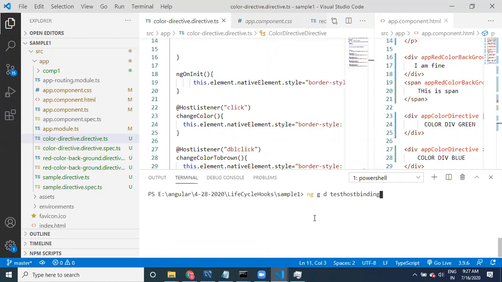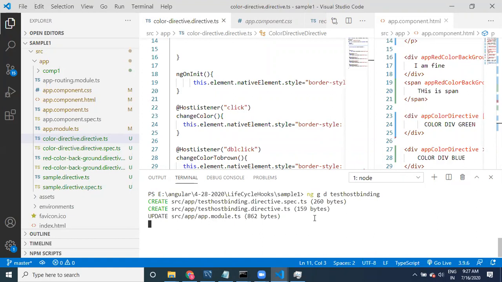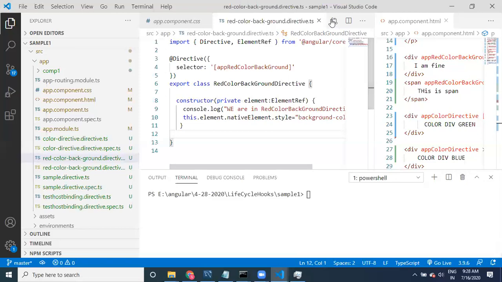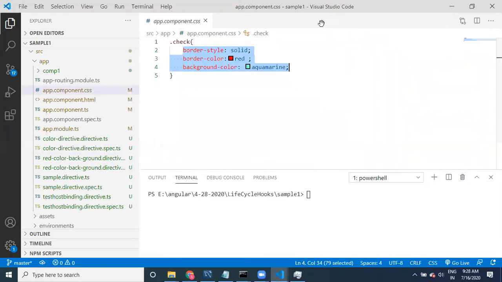HostListener is related to the event. HostBinding is related to the property with style. Now close all the things.